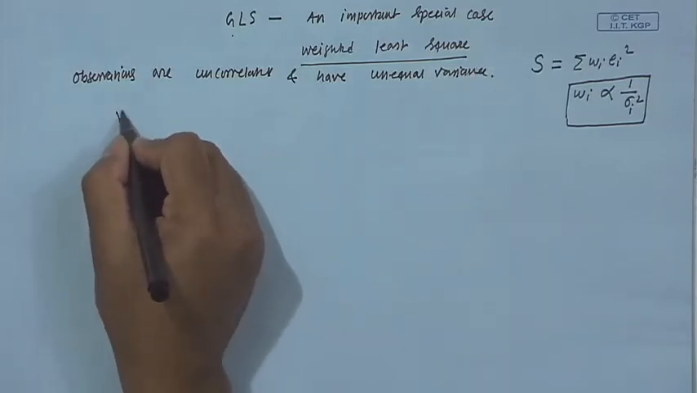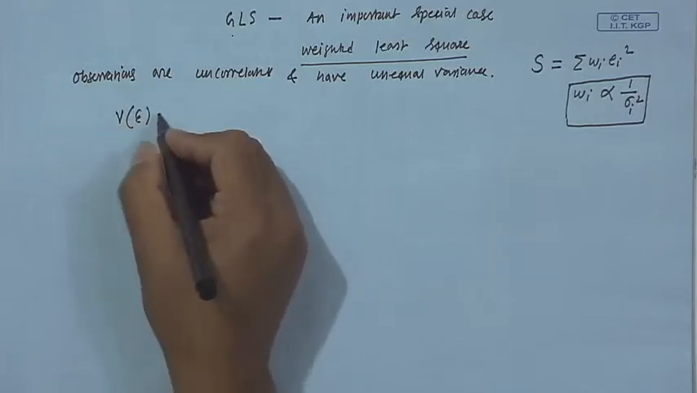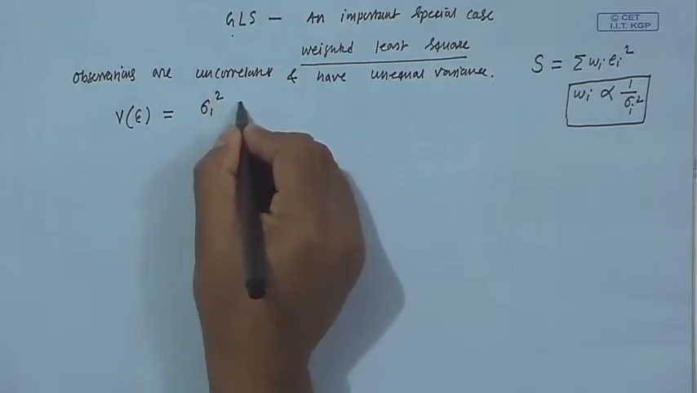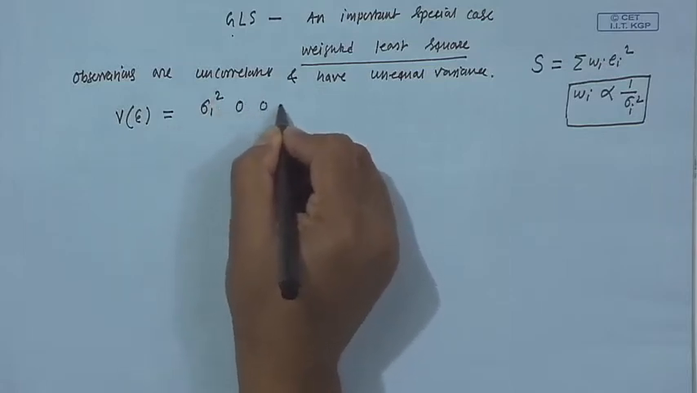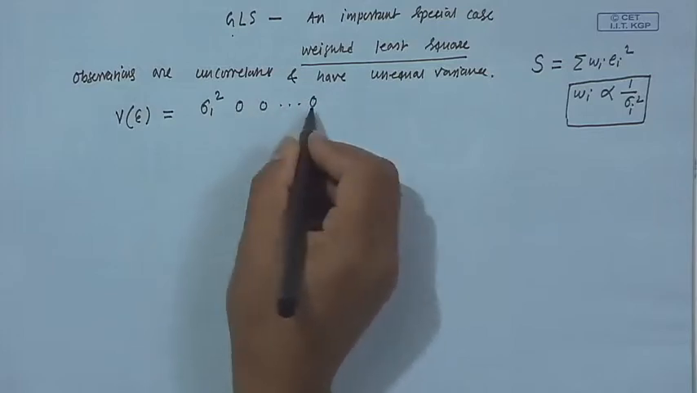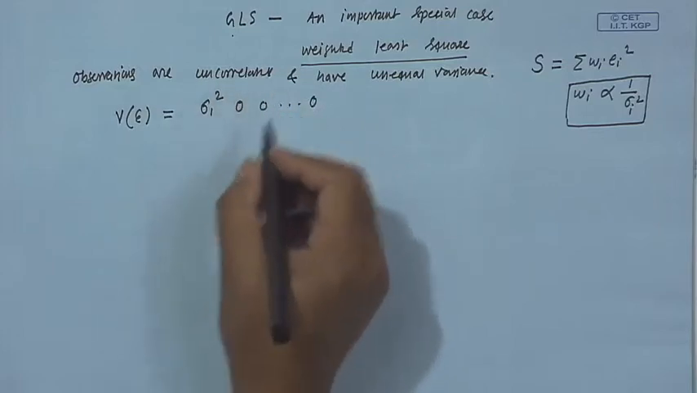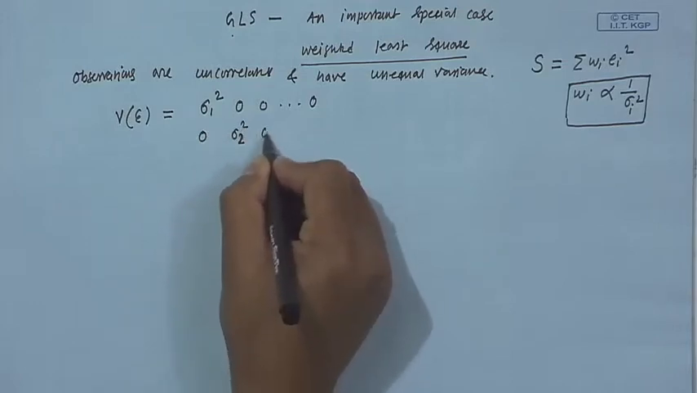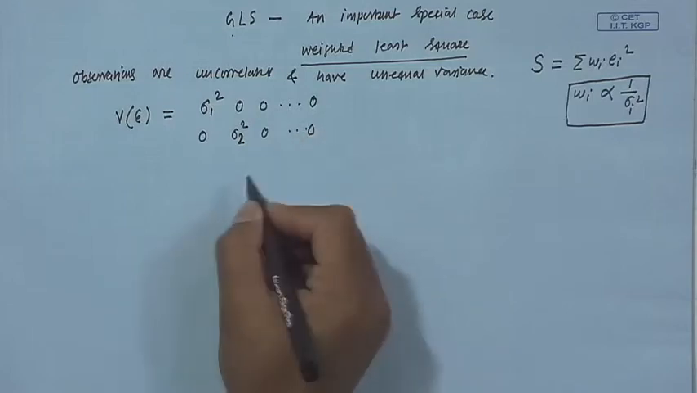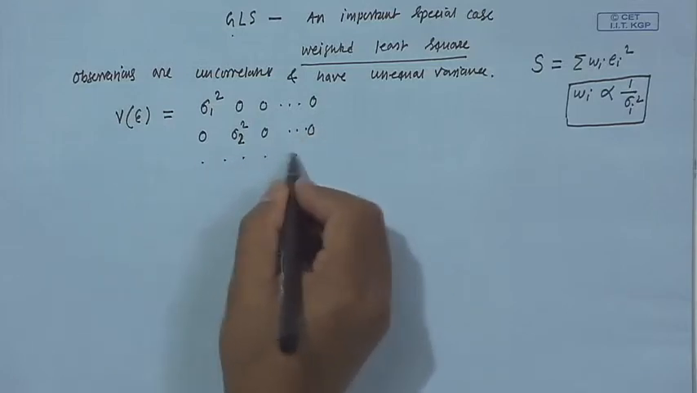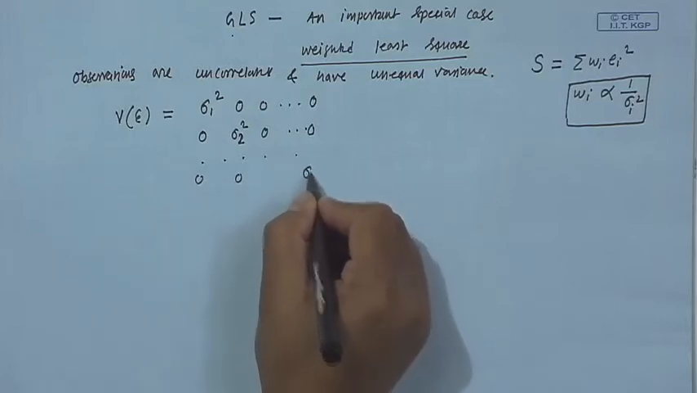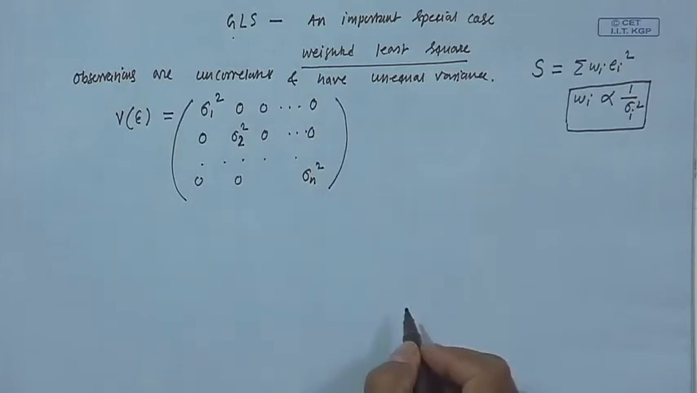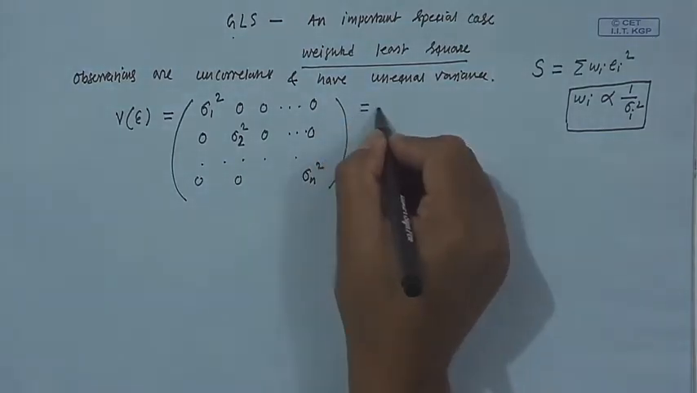So, variance of epsilon, you can take this as the matrix with sigma 1 square, 0, 0, and so on. These are the covariance terms, all the covariances are 0 because it is uncorrelated, then sigma 2 square, and finally 0, 0, sigma n square. So, this is the variance covariance matrix. Well, so this is equal to my V,